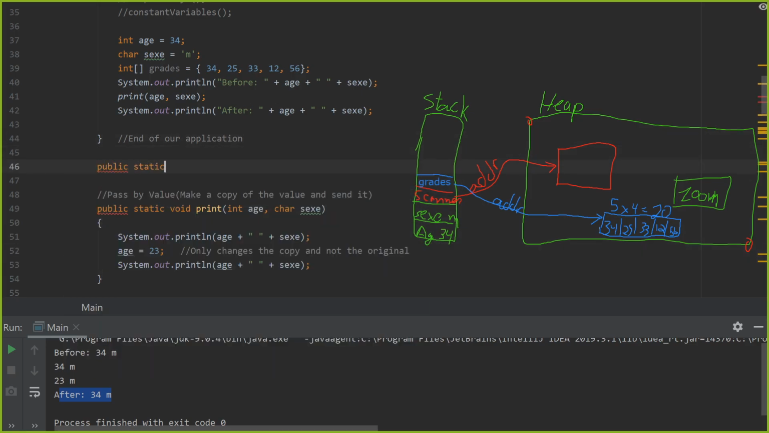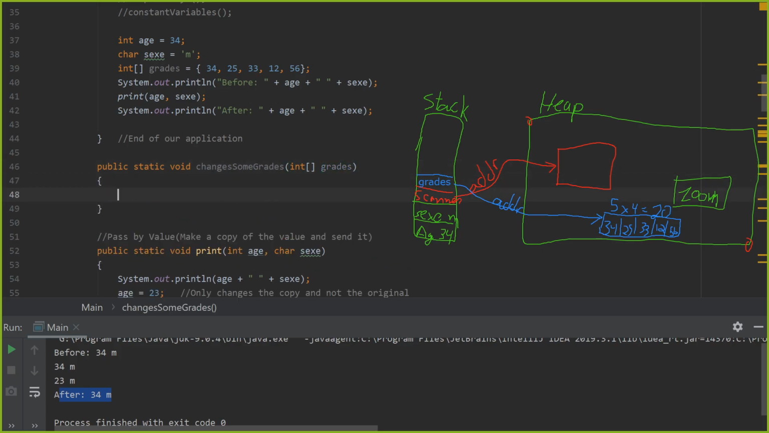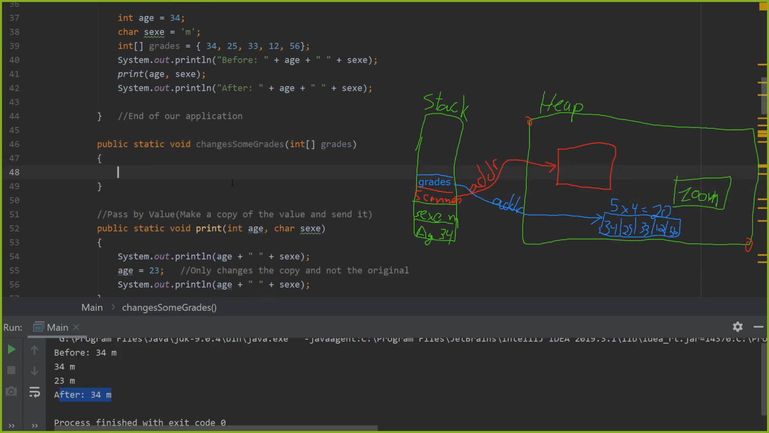Public static. I'm going to keep the print there so you understand. But now we're going to see something that people confuse. Change some grades, okay? And what we're going to do in there is we're going to pass in our array of grades. And again, this name could have been anything. We could have called it whatever. It doesn't really matter. And inside that grade, we're going to do, again,